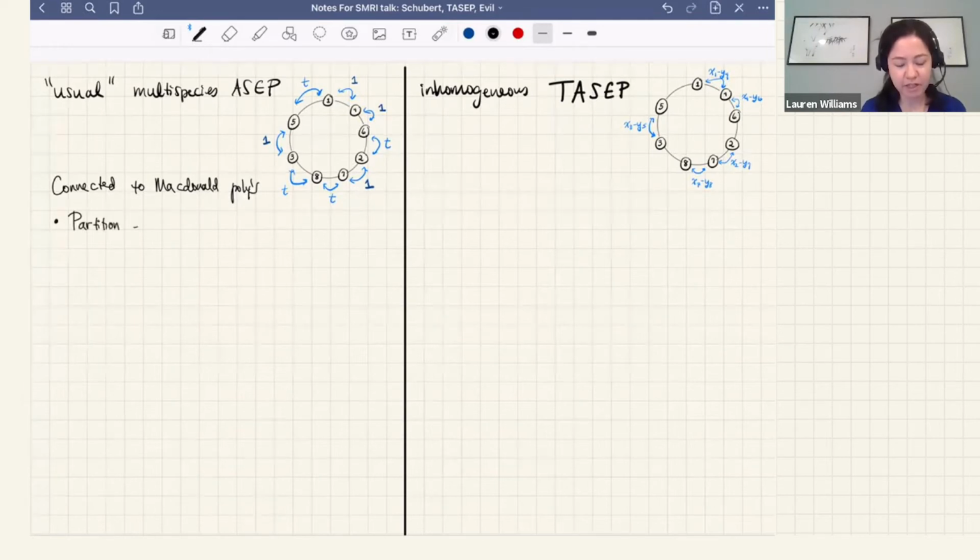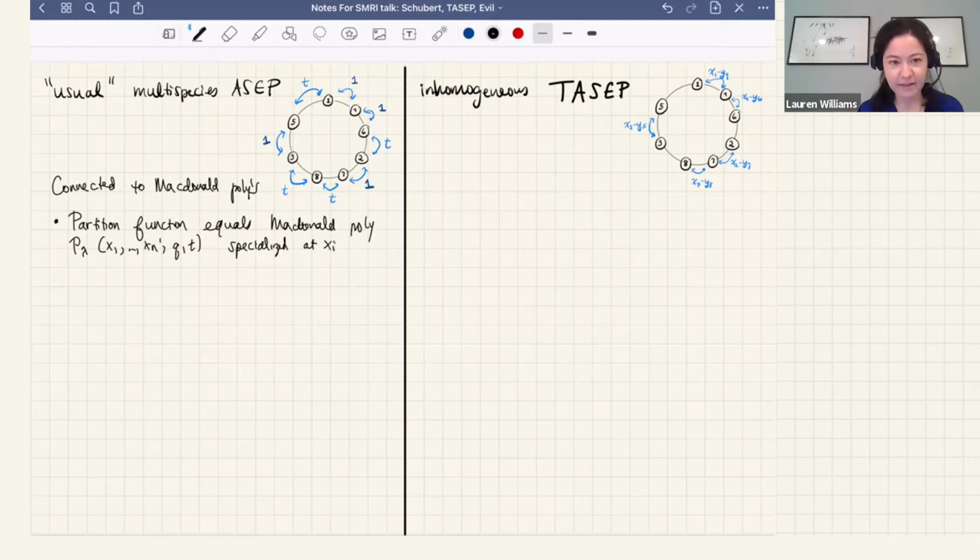if one looks at the partition function for the ASEP, and maybe I'll just take a moment to say what the partition function is. If you compute all your steady state probabilities for the multi-species ASEP, and you put them all over a common denominator, that common denominator is the partition function. And it turns out that the partition function equals the Macdonald polynomial P sub lambda of x1 through xn; q, t when you've specialized almost everything to 1, x_i equal to 1 and q equal to 1. So you only have the t parameter remaining,